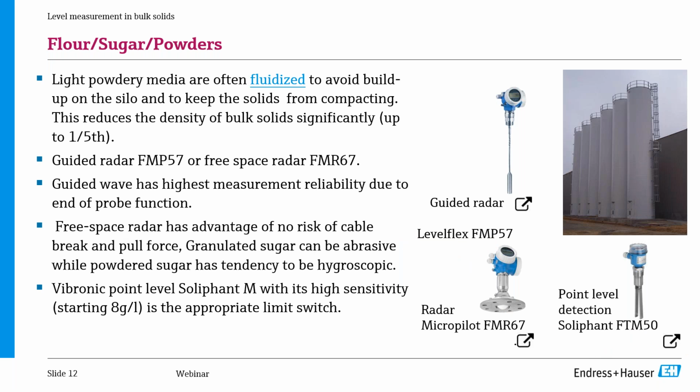That's the main orientation. So the FMP57, or guided radars in general, have a known reference. So the instrument always knows the complete length of its rope. So it always has a reference about where the measurement is. So even if you have a very noisy and dusty application, you always have the right measurement using a guided radar. There are some drawbacks using this kind of